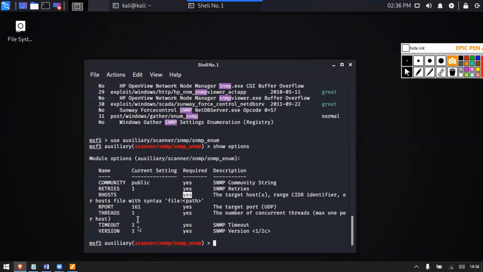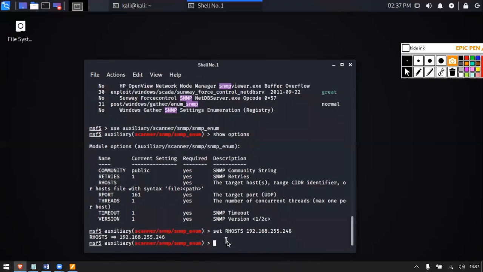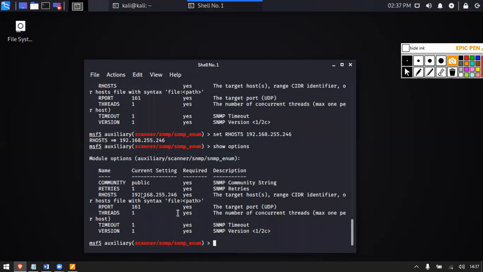All are filled except the RHOSTS. We have to set the RHOSTS. I'm typing set RHOSTS 192.168.255.246, I guess, is our Cisco router. If you press enter, it will be set. If you now type show options, as you can see, our host is set.